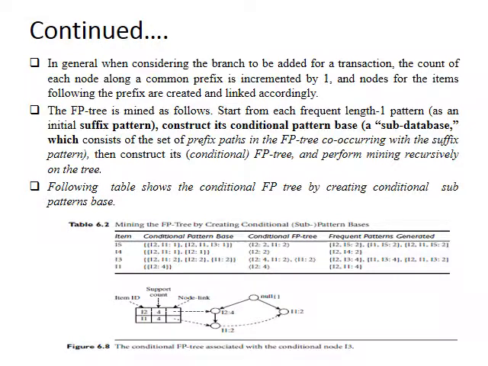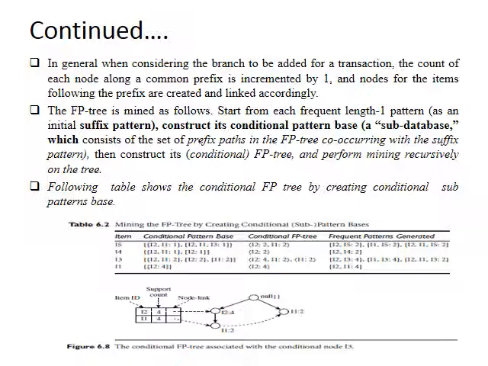Next we need to build the conditional pattern bases. According to the first column, there is the item, the conditional pattern base, the conditional FP tree, and the frequent patterns generated. We have 4 columns. You might observe that here we have only 4 items, because we neglected I2, since I2 has the largest value. Because of that, we need to remove that node from these item sets. That's why here we have only 4 items, starting with I5.